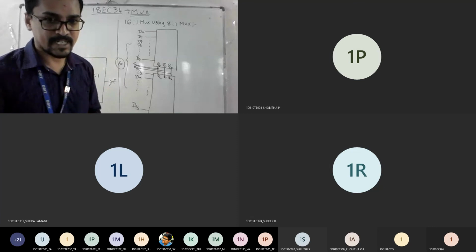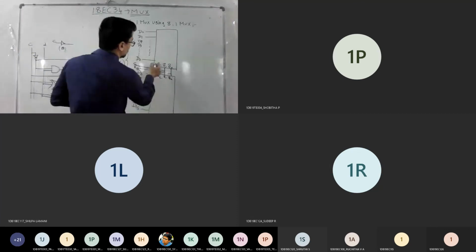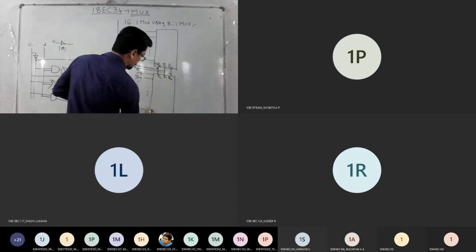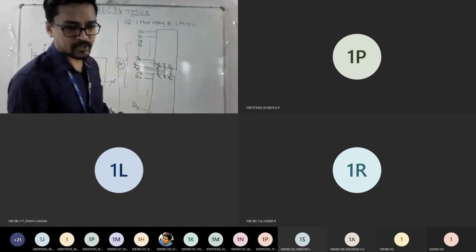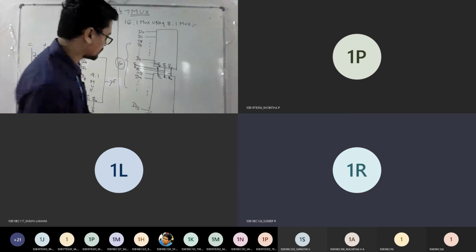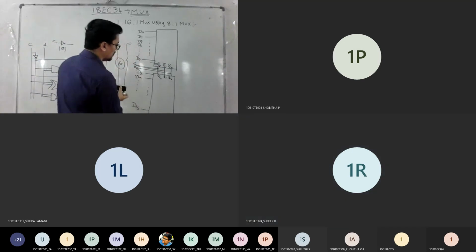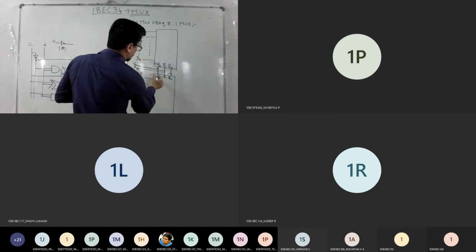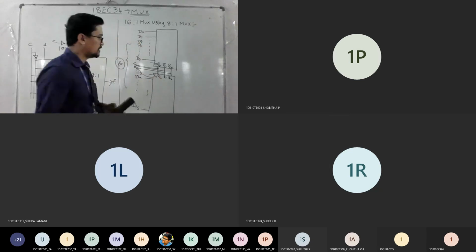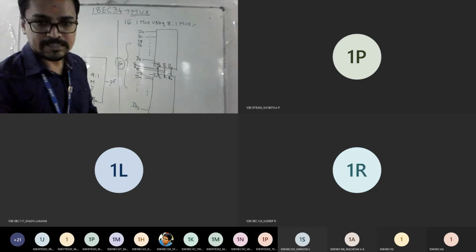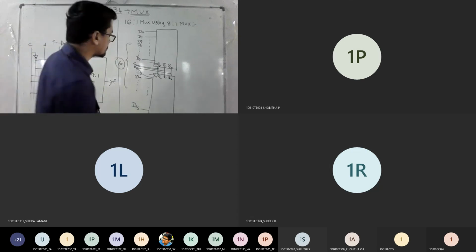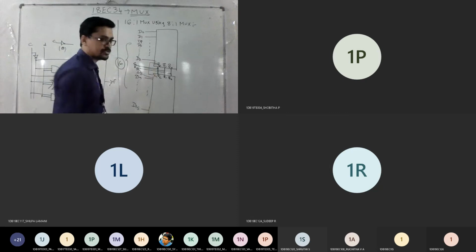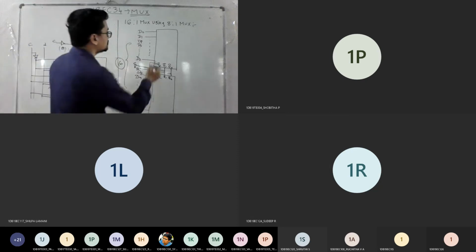Am I clear? There is an enable pin in both the muxes. So you have enable here also, you have enable pin here also. Now what we will do is try to control the enable pin. For simplicity, I will write here so that you can do the connections easily. I'll just connect the enable pin here. So this is your D8. Fine. Now tell me, if I directly short this enable,